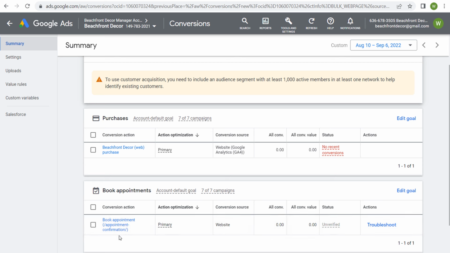So it's unverified because nobody's been to this page on my website. It actually doesn't even exist on my website. But you can see we have another conversion action here along with the main one that we're going to be